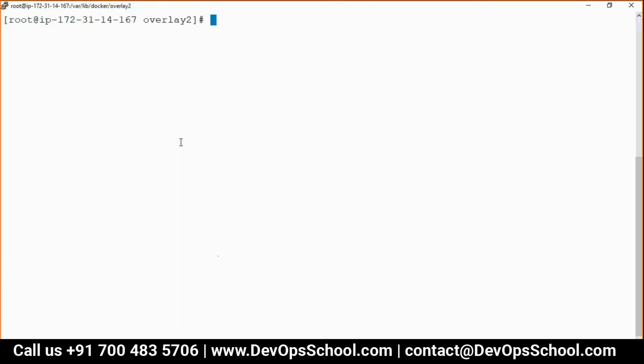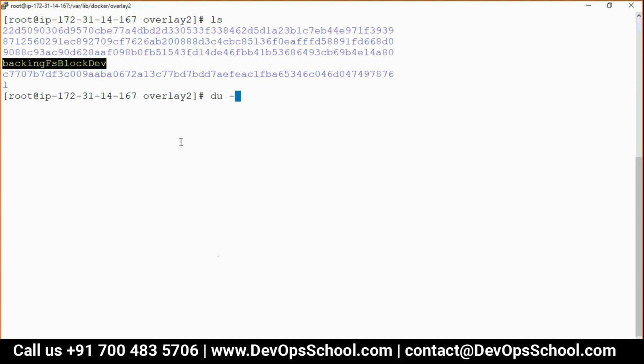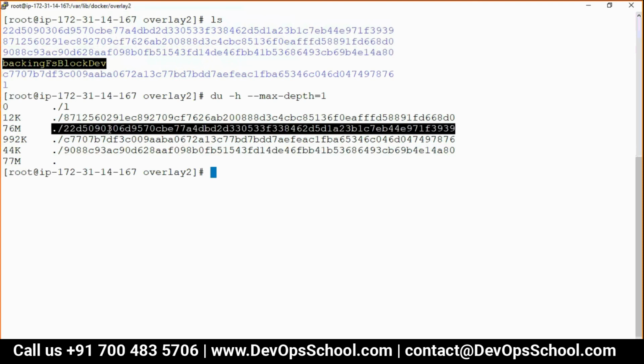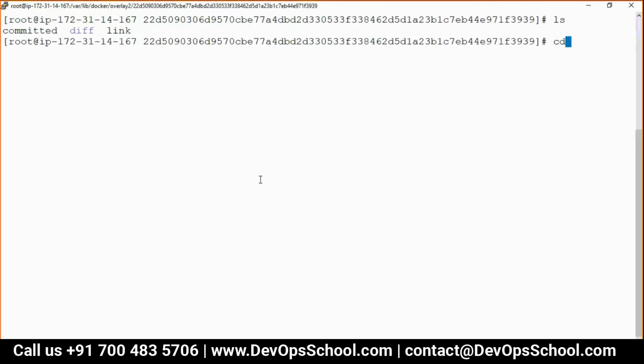Now, which is the layer which is the heaviest? So I have one trick Linux command, du -h --max-depth=1. Which is the heaviest one? This is the root file system, the base image. Can we go inside this? I'm very curious to see what exactly is inside diff.